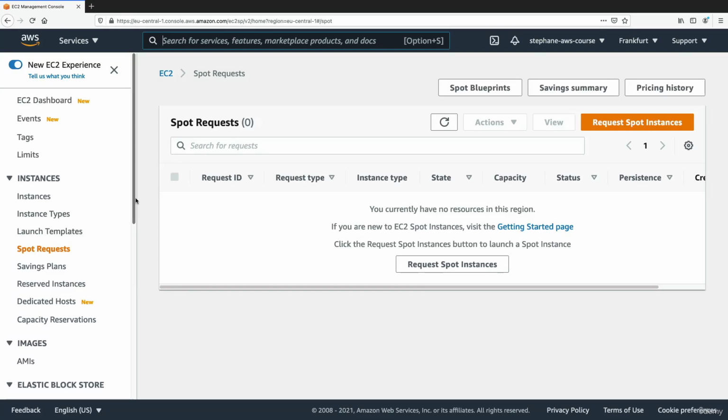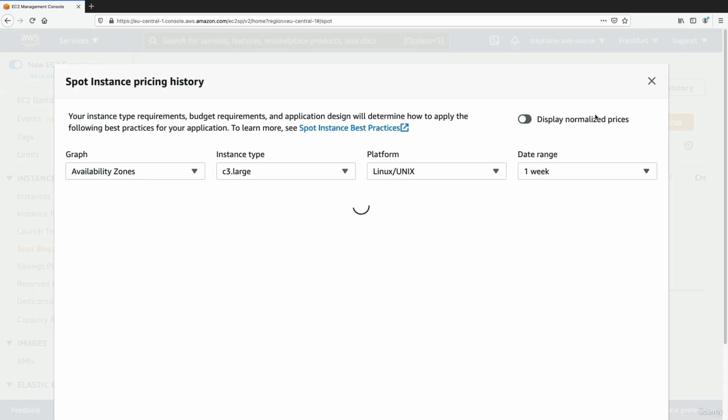So let's have a look at all the ways we can launch our EC2 instances. And the first one is using a spot request. On the left-hand side, I click on spot request, and we can have a look at first the pricing history